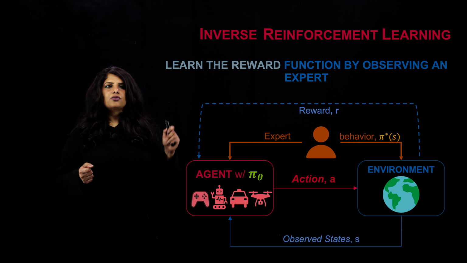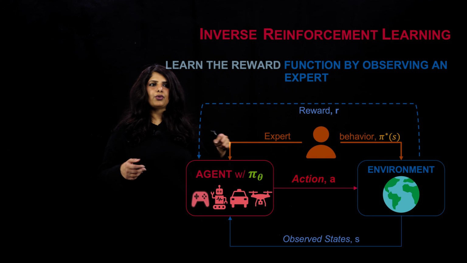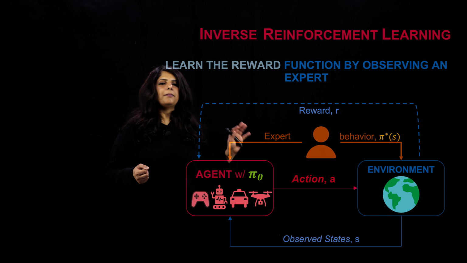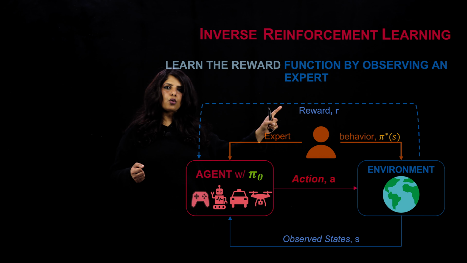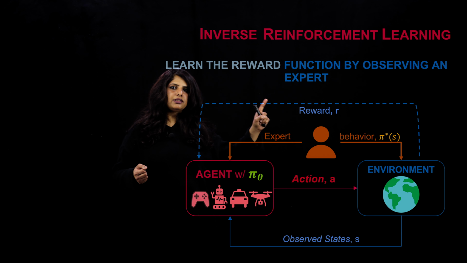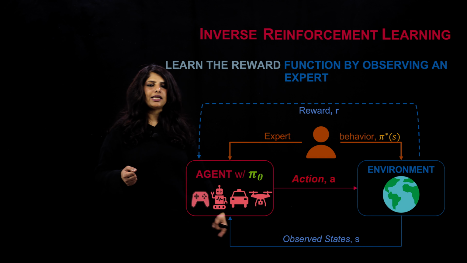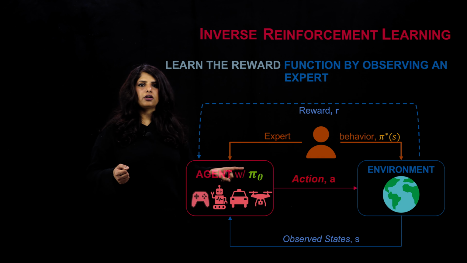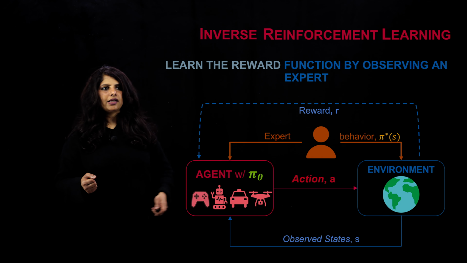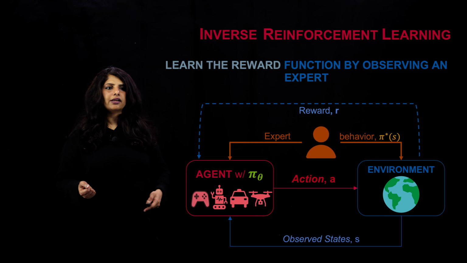Let's start thinking about what this exactly looks like through literature, because I think this can be slightly tricky when we're thinking about it abstractly. But the main thing to remember is, again, we have expert demonstrations and we are trying to recover an underlying reward function. Once we've recovered the reward function, we can then use it in a reinforcement learning approach to optimize and figure out what a good policy pi theta is. This is also why inverse reinforcement learning problems are a little more challenging than making use of behavior cloning type of approaches.